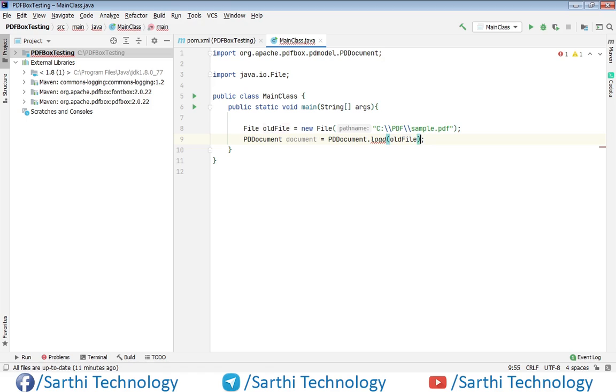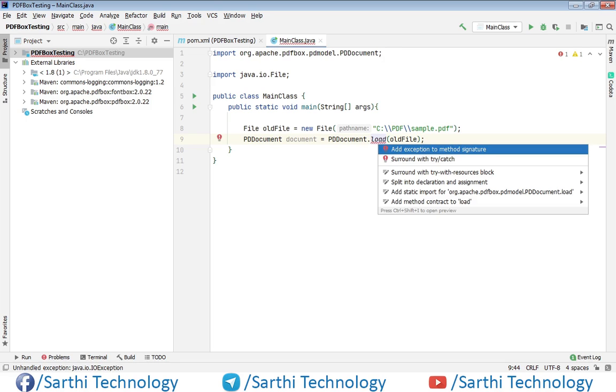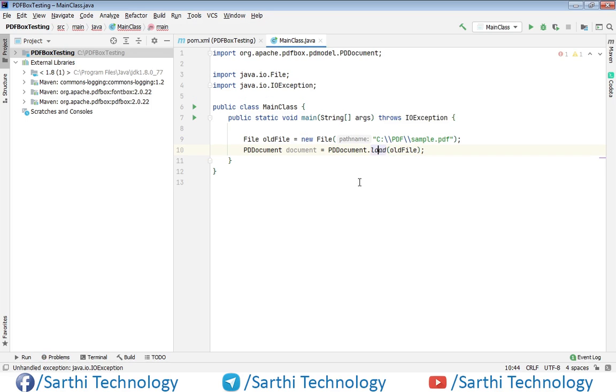Now you can see one red line here, and this is for the exception. So press Alt Enter and add exception to method signature.